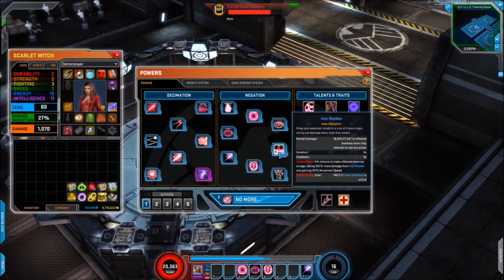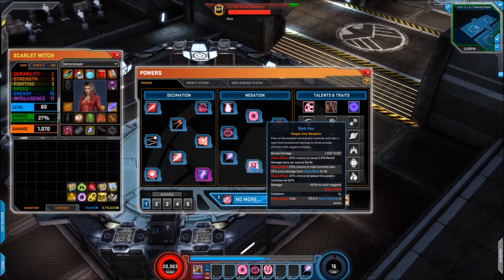And then we have Iron Maiden. So with this, mental damage to affected enemies when they attempt to use any power, 8 second duration, 4 second cooldown. The Chaos effect is 5% chance to make enemies in rage, taking 100% more damage from Iron Maiden and gaining 30% move speed. And then we have Dark Hex, so ranged area skill, doing mental damage of course,